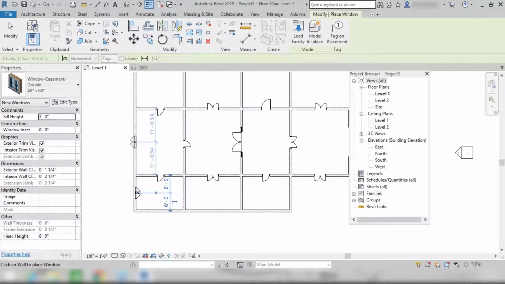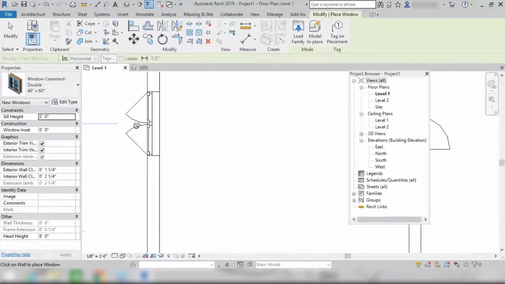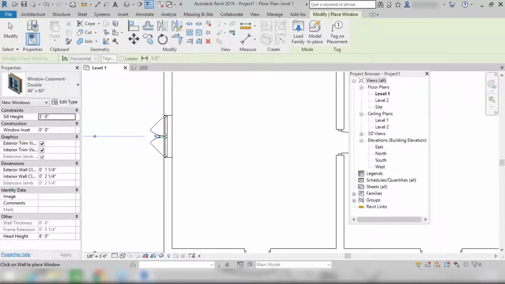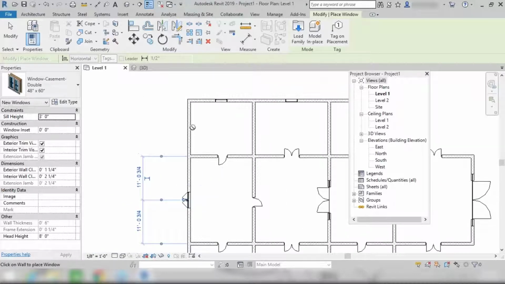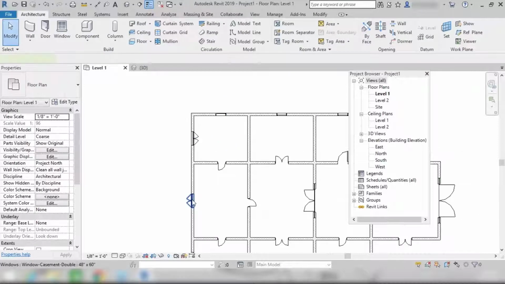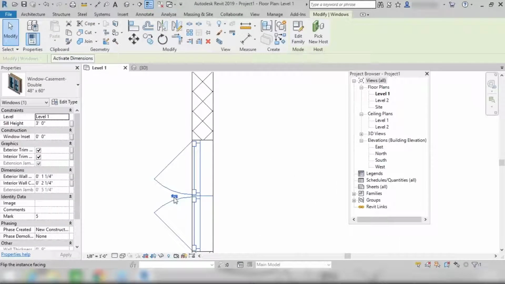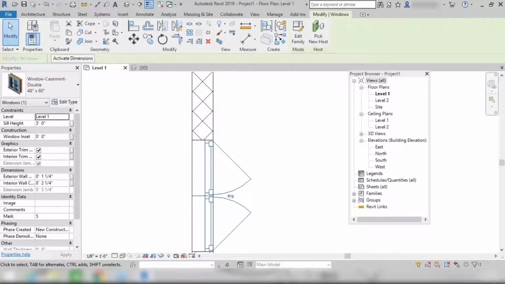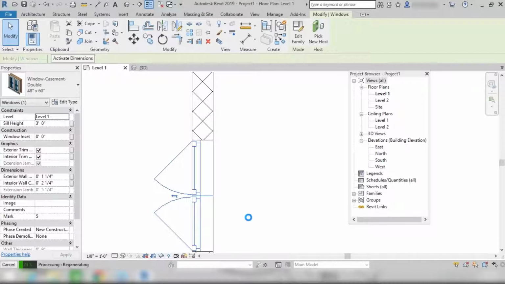Here, like the setting we have for doors, we have flip settings for windows as well, right? So here you can click on this button. Let me flip this window to inside as well. Click on this flip button or press your space button. It will flip inside and outside with that,